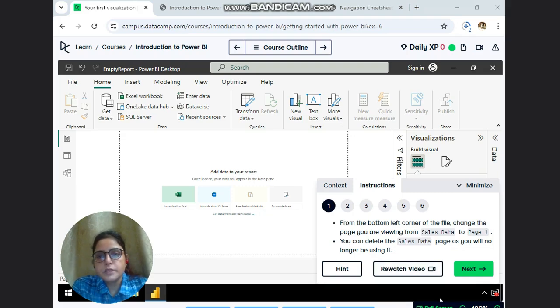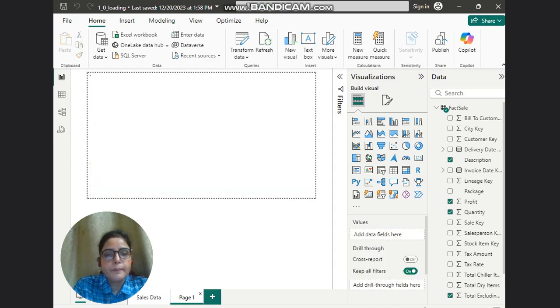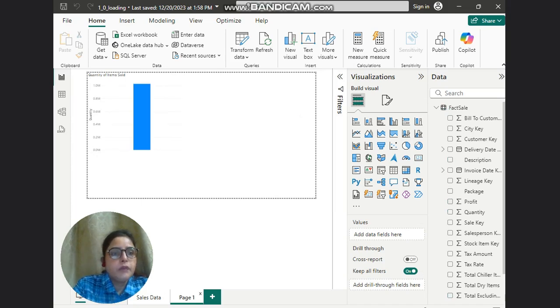So next exercise. From the bottom left corner of the file, change the page you are viewing from sales data to page 1. So let me change the page from sales data to page 1. They have already provided the bar chart, quantity of items sold.